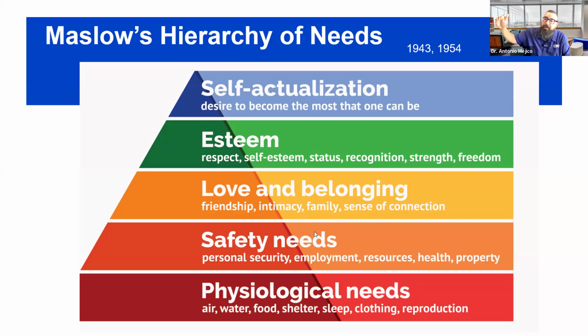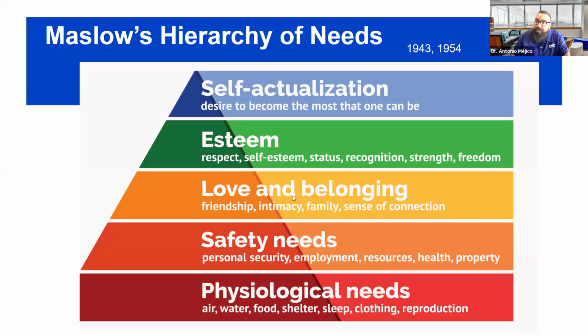Maslow then says if we can meet our needs of our safety, we can move on to another aspect of our being, which is love and belonging. So he says after these two needs have been met in the pyramid, then we move on to talk about things like friendship, intimacy, family, senses of connection. When you feel safe, when you have your physiological needs met, now you're saying, okay, I can develop a friend. I can go and try to date, right? And meet a partner that maybe becomes my spouse later on in life. I can think about having a family. I can have this sense of connection, of camaraderie with someone. I build relationships because you're in that place. Your basic needs have been met.